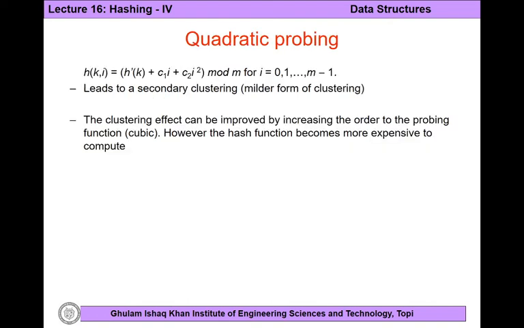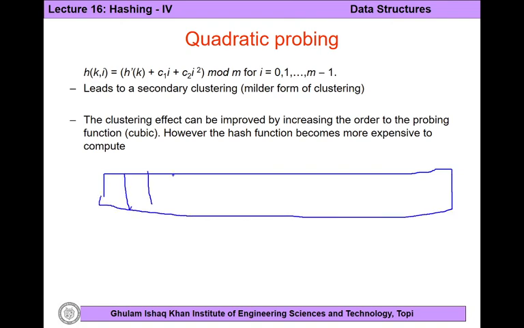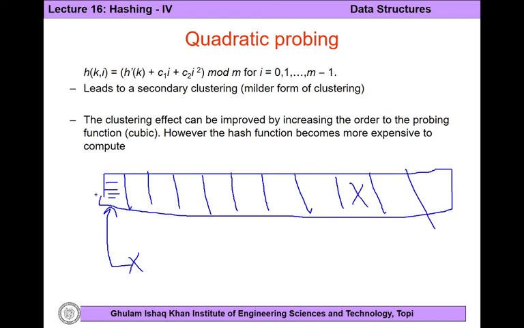So to resolve this problem, what you actually do is, for example, this is the hash table, and you have this slot occupied, and you have an entity x which is to be placed here. Instead of placing this x immediately after this one, because we want to discourage clustering, we will throw this x somewhere very far away from this home position. This will continue for the rest of the keys which result in collision. So this actually helps to break clusters.